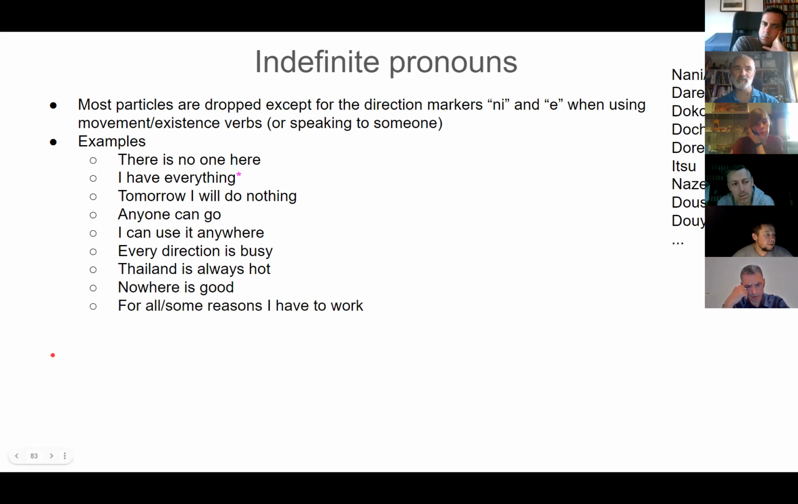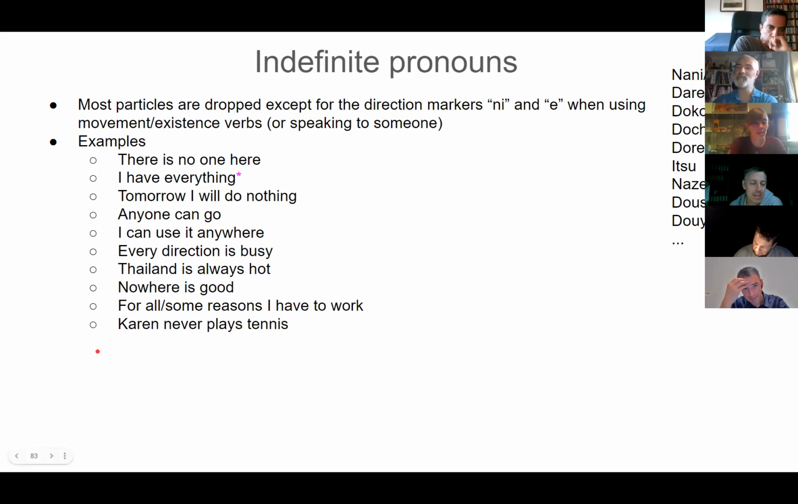Jonathan, for all or some reasons, I have to work. なぜでも、働かなきゃ。Yeah, good. Nazedemo. Why do you guys use hataraku as work? It's so much harder than just saying shigoto shinakereba narimasen. 仕事しなきゃ。